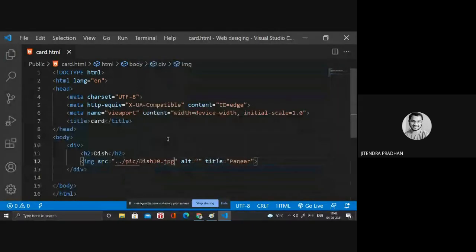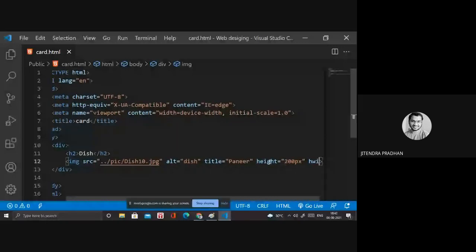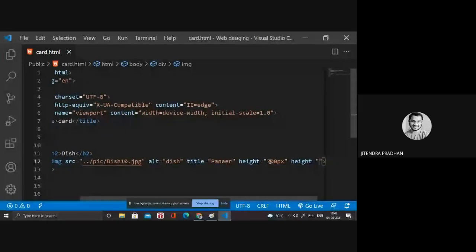In that we need the alt option, and we need height. Height is 200 pixels, and width also 200 pixels.